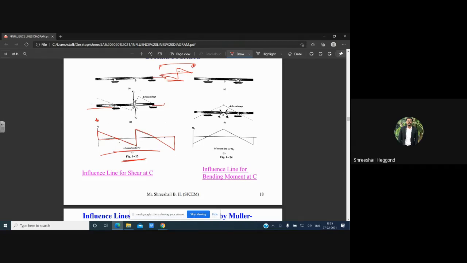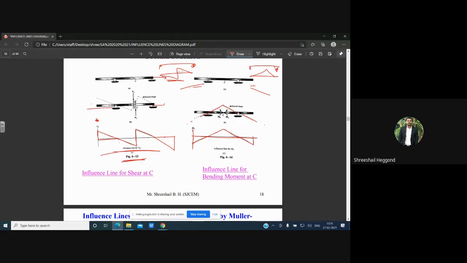Similarly, the bending moment diagram, if both sides overhanging are there for our diagram, and as we know, the simply supported beam is there. The previous simply supported beam was like this only, and the bending moment diagram was only the triangle. Now for simply supported, it is only the triangle, and overhanging is there. Therefore, the line will continue on both the sides. And the final diagram for ILD can be drawn like this. This is the previous basic one. The red line indicates the basic ILD for simply supported. As it is overhanging on both sides, the lines are extended.